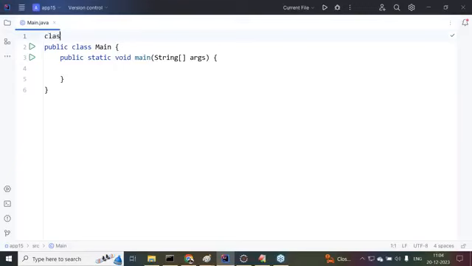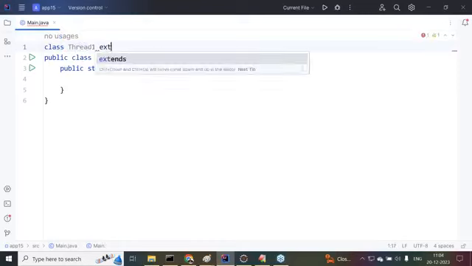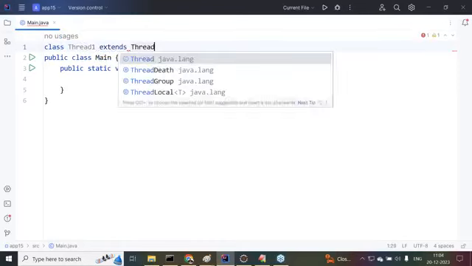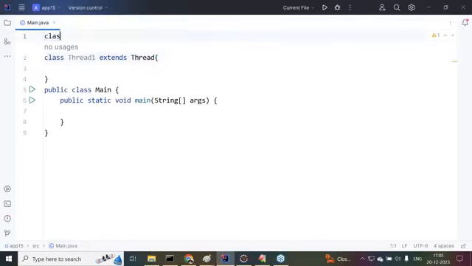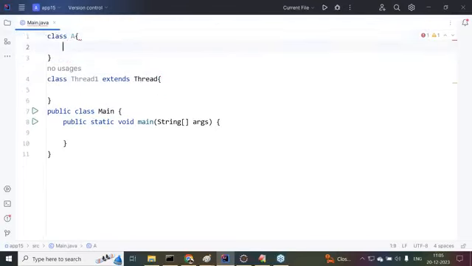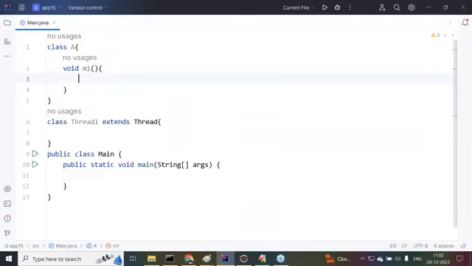First of all, class Thread1 extends Thread. And before this Thread1, I want to take class A, for example. Inside class A, I want to take a void m1 method. First of all, I want to show the output without synchronization.